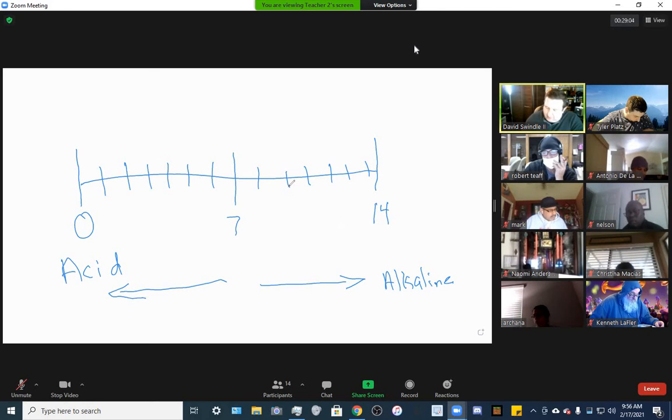Why does that matter? Let me explain it this way. If we are trying to clean a soil, and you may have heard the term pH balanced, if we have something that has a pH of 9, what we want to do is balance the scale. We want to go to the other side of neutral. Think of a teeter-totter, we have to get it equal. So we would use something that has a pH of 5. Does that make sense? We're balancing the scale.